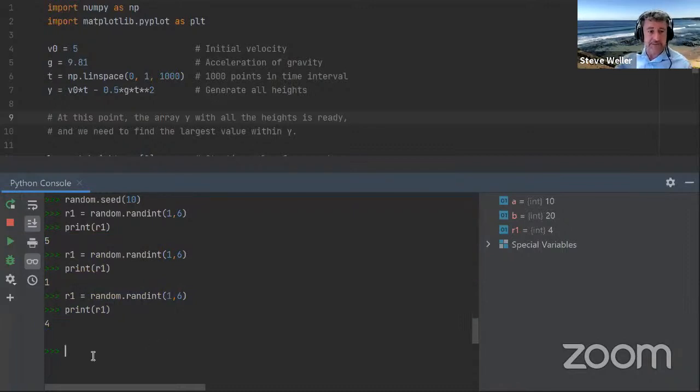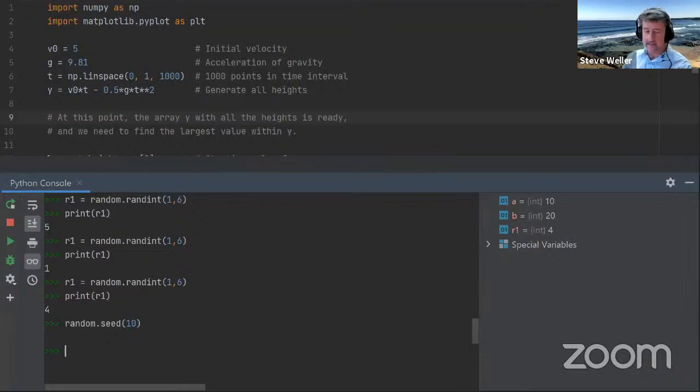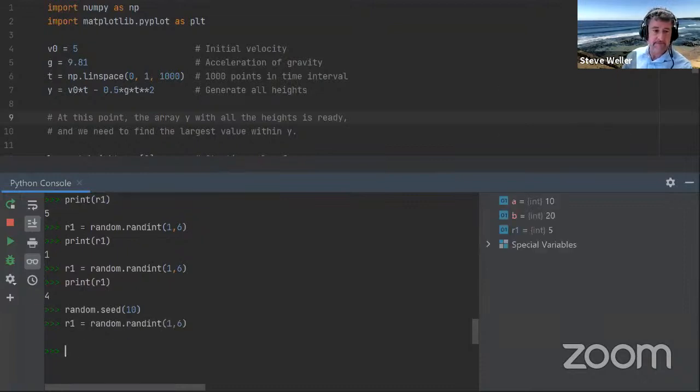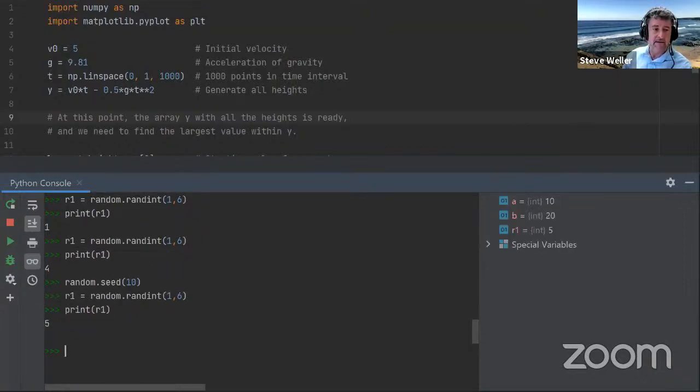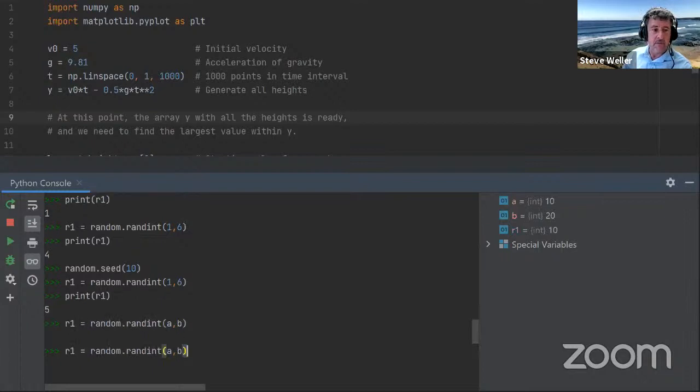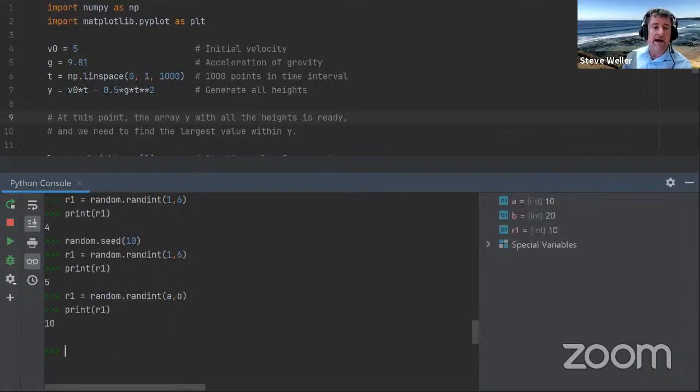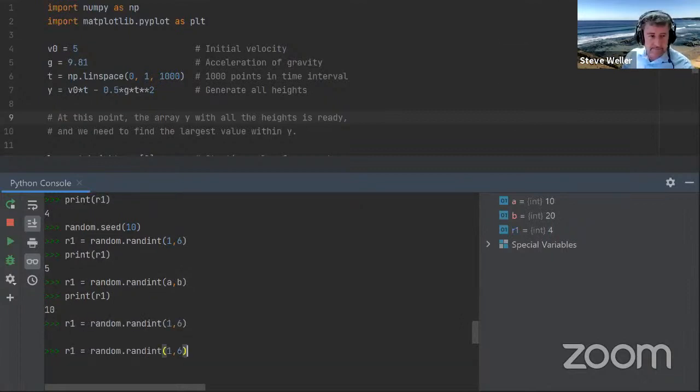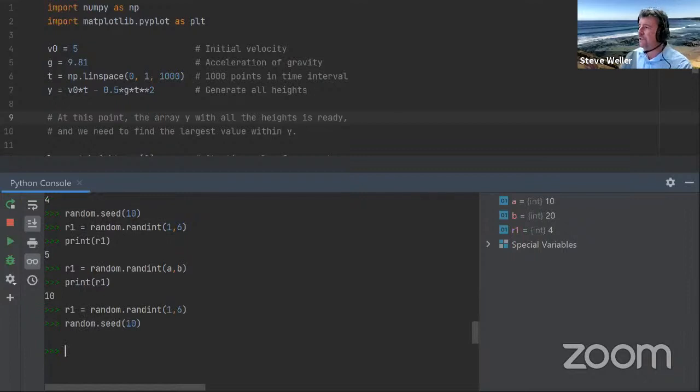Let's reset the seed and generate random numbers again. Sorry, I printed A and B. Let me set it again. We've reset.